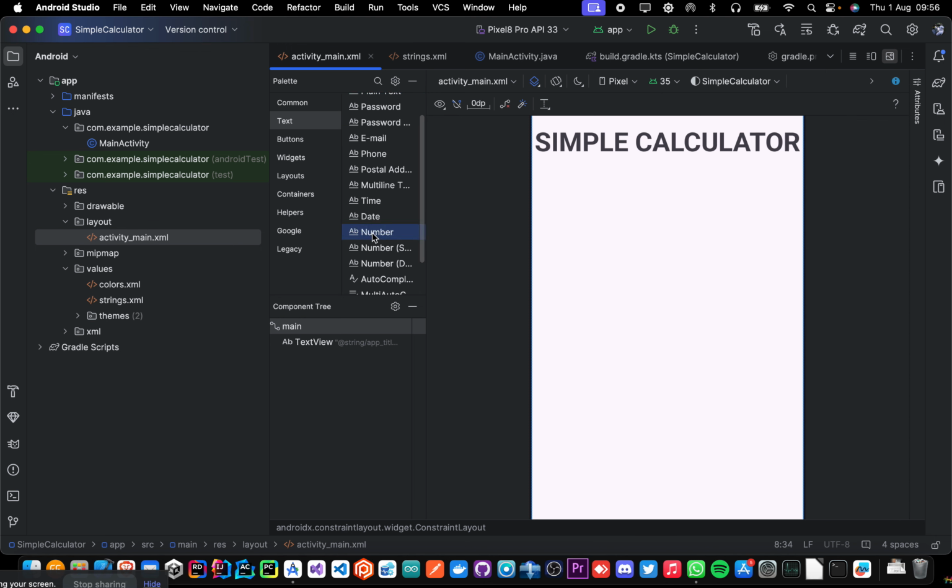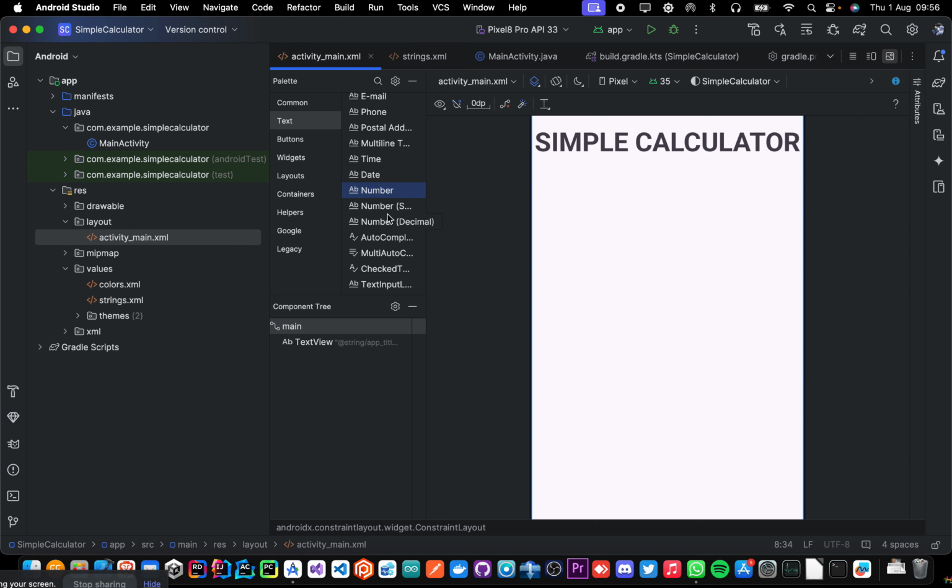If you say number, this will just give you the keyboard where you can just input numbers. And yeah, so what I'll do is I need a number, so I'll just select number and then do that